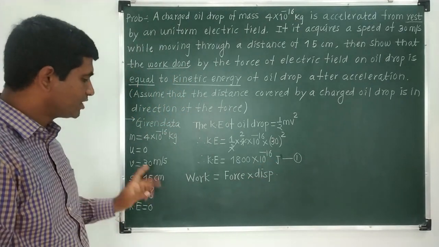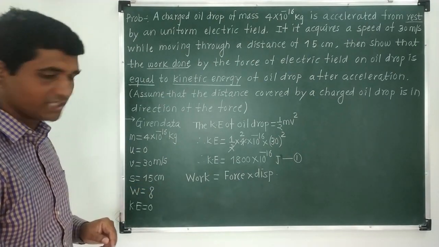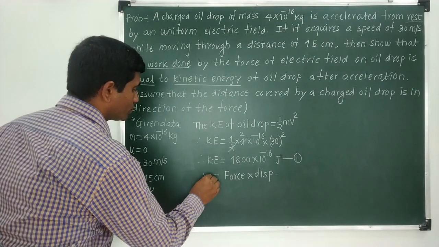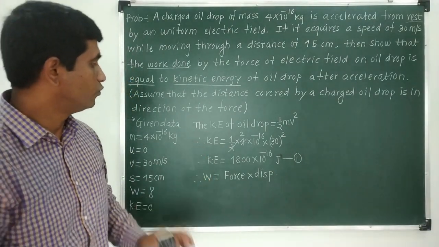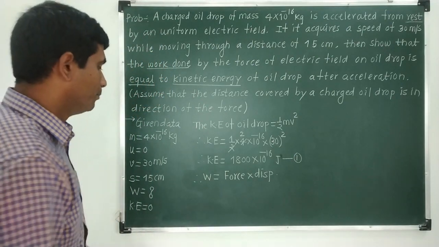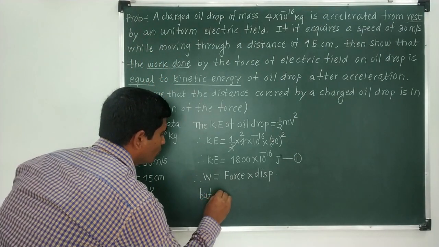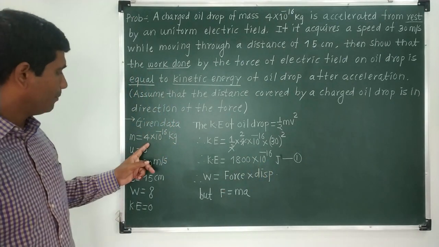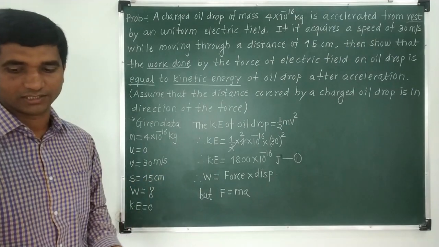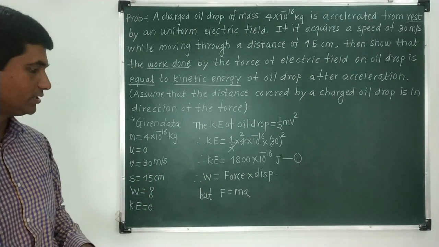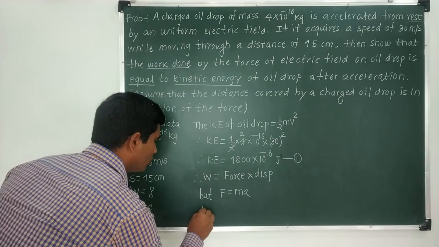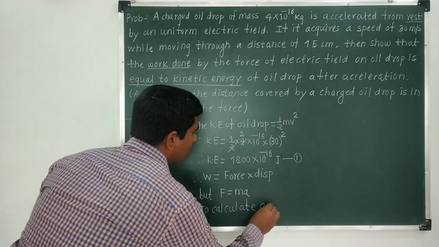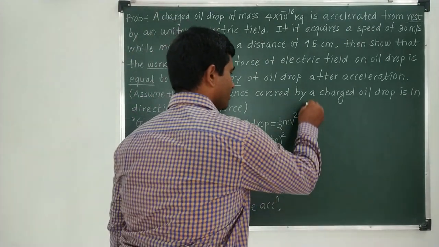Here in this case the displacement of the object has been given, which is 15 centimeter. Okay, so displacement we know, but we don't know the force. So first of all we have to calculate the force. But we know that force has the formula mass into acceleration. Mass we know, but we don't know the acceleration. So we will try to calculate the acceleration. Okay, so to calculate acceleration, consider